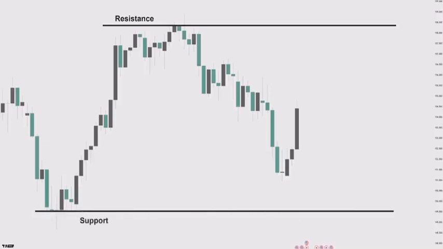chart. These levels are important because if we zoom into the lower time frames, we'll notice that these prices have been turning points for short-term trends. So, once the price reaches these levels again, we can expect a possible rejection. We can also